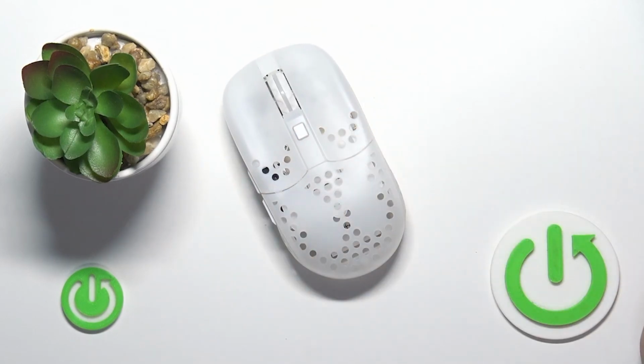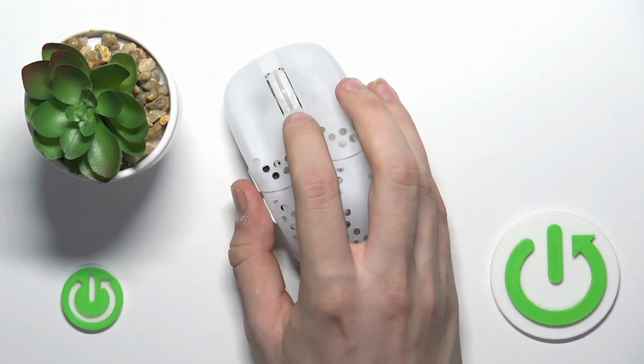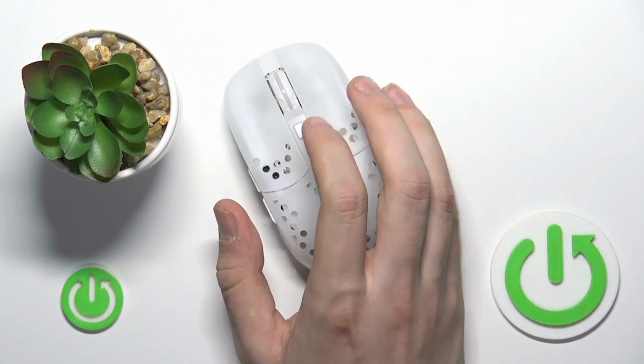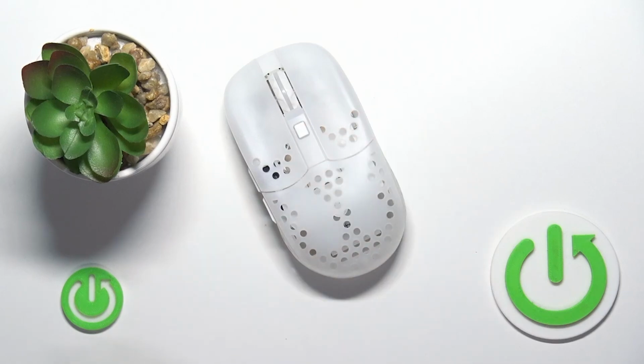If our battery LED is red, it means that we have battery between 0 and 25%. If our color is orange, we have from 26 to 50%. If our LED light is yellow, we have from 51 to 75, and if it's green, it means that it is between 76 and